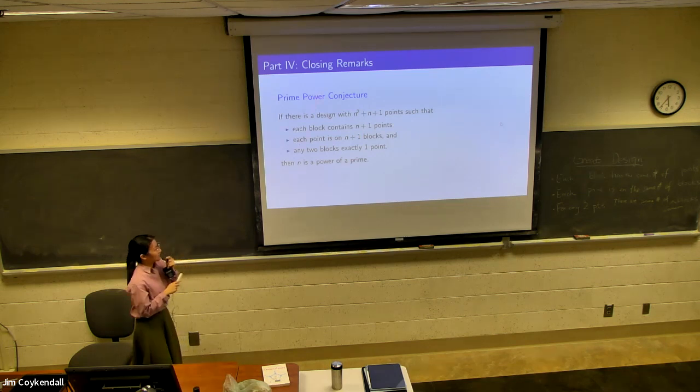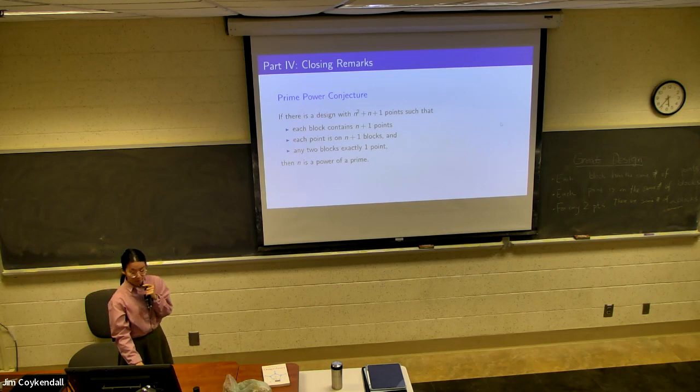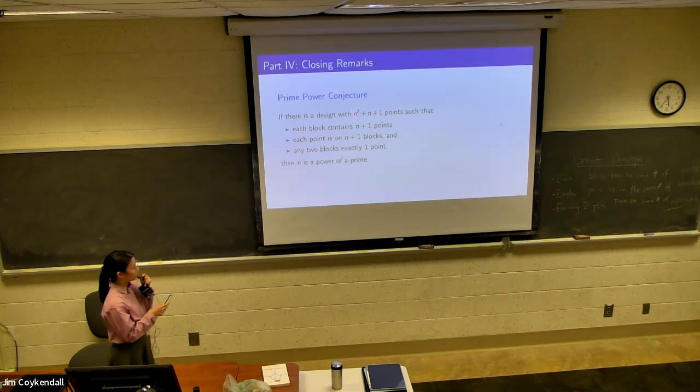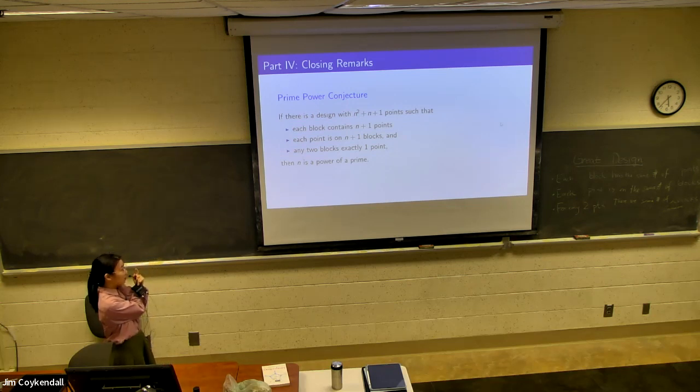Okay, now this conjecture, we already get a little bit taste of that. If it is a prime power, we can use finite field to get such a design. And even if you don't use field theory, there is also some other way for you to get a design with all these properties. However, no matter whether you use the magic block or not, so far, all the design that people have found so far